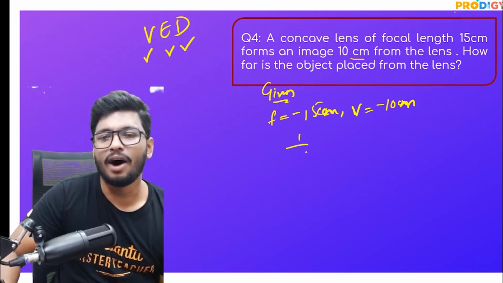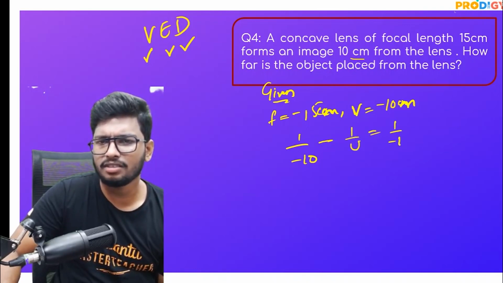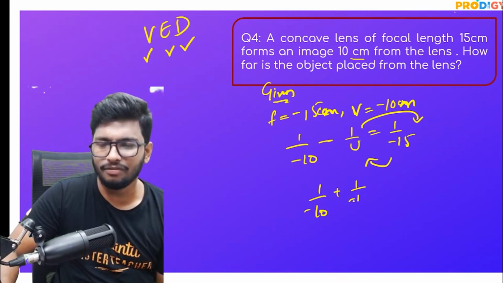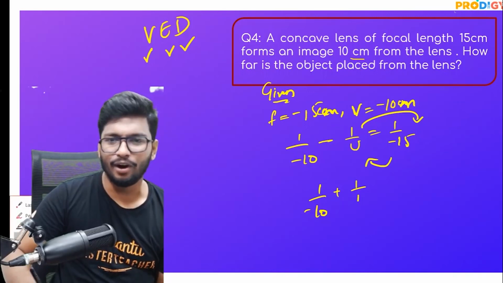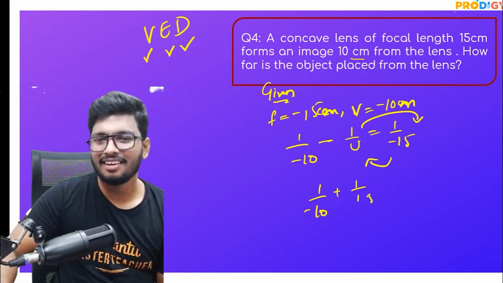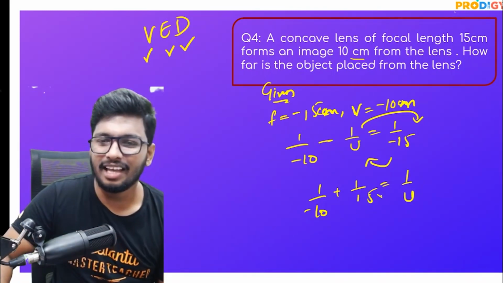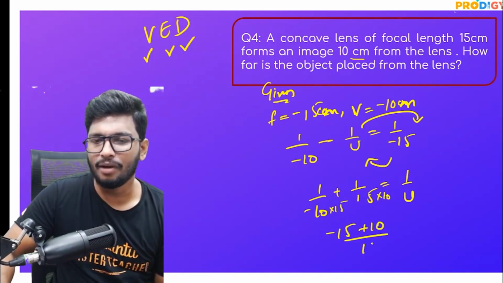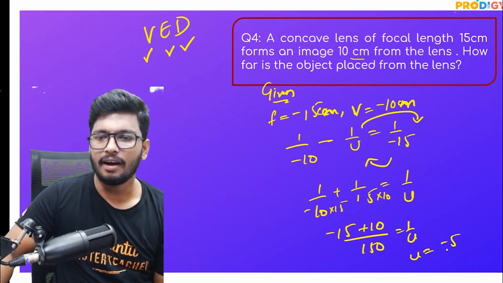Once again, the formula: 1 by minus 10 minus 1 by u is equal to 1 by minus 15. So take this to the other side and take this to the other side. So 1 by minus 10 is plus 1 by minus 15. Sorry, that'll be 1 by 15. Mistakes. 1 by 15 is equal to 1 by u. So cross multiply if you have to, or just find out the LCM, so that you can multiply this with 10, you can multiply this with 15. So that'll be minus 15 plus 10 divided by 150 is equal to 1 by u. So u is equal to minus 5,